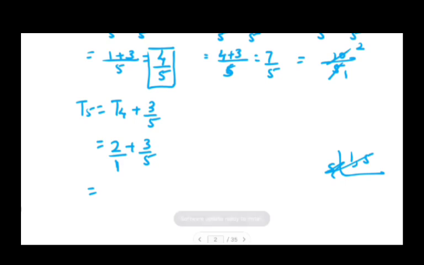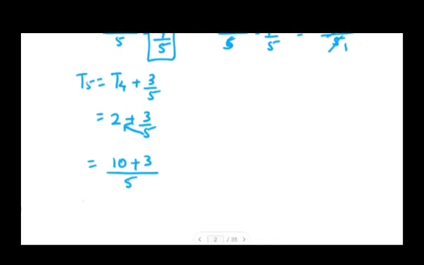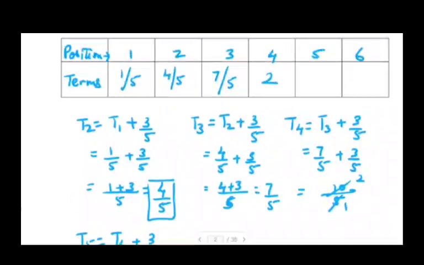Rather than doing it like that, children, it's simpler for you all: the one which does not have a denominator is multiplied by the denominator of the fraction. So 5 into 2 becomes 10 plus 3, and 5 becomes the common denominator, which is 10 plus 3, 13 upon 5. Alright, so this is my T5,